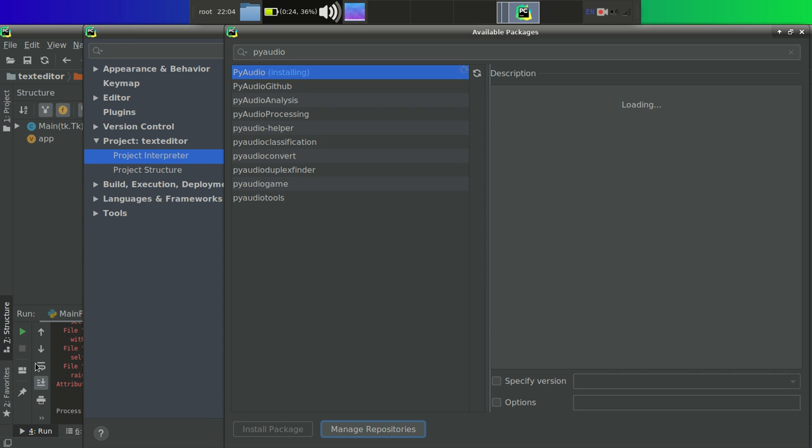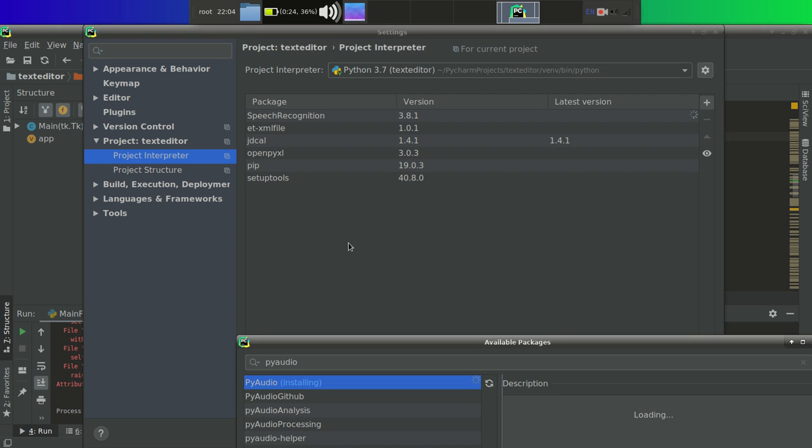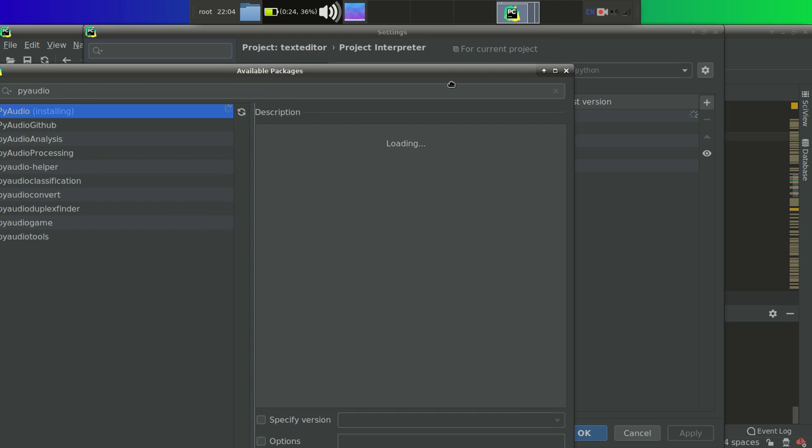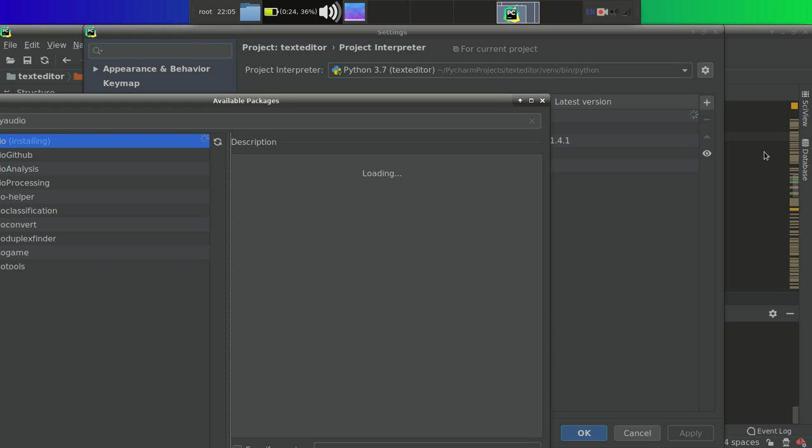Till now, yeah, it is installing. Leave that. It will be installed. Let's add further functionalities. Actually, I am not able to click over here because this window is running right now.